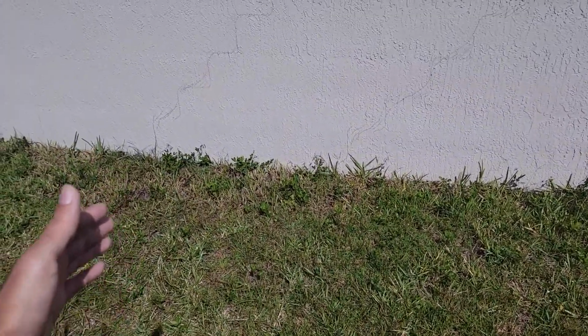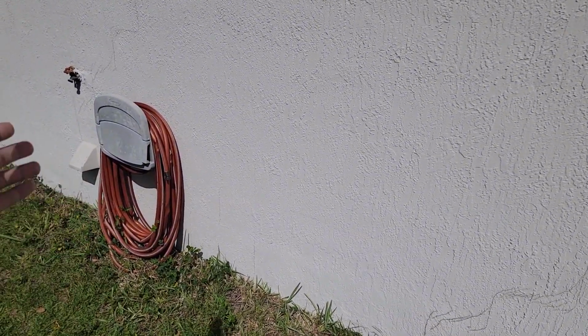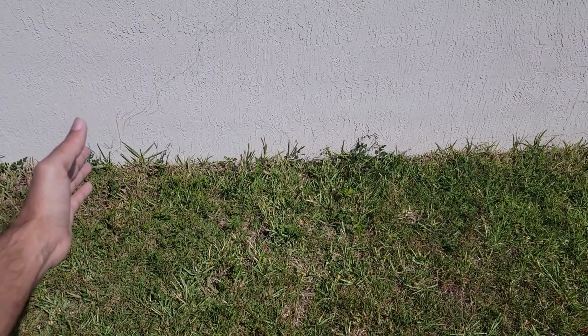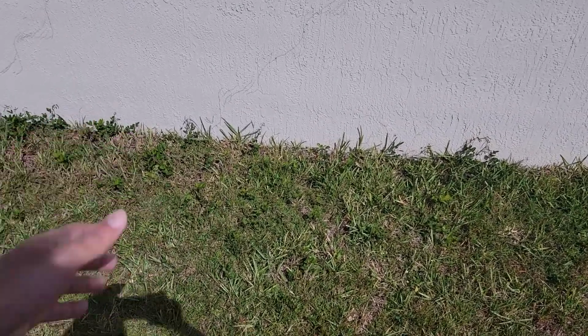It's probably not going to be to the right of the power panel, because you can see we're right here next to the hose and the dry vent and everything. Probably more to the left on the inside, so more in this area. So between the gutter and where my hand's at is where this concrete pad's probably going to be, where the trash cans are, and I need to use my post hole digger, put some posts in, put up a picket fence,